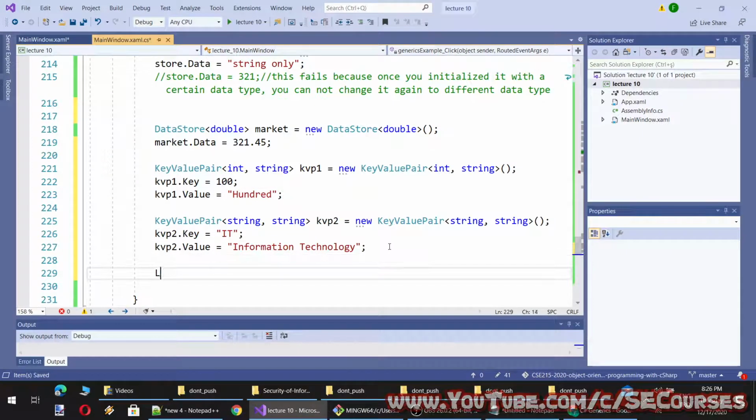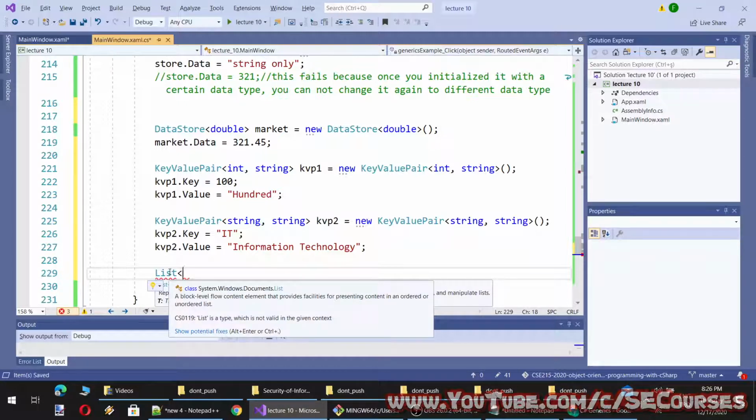The List class we have been using is also a generic type. You see, it represents a strongly typed list of objects that can be accessed by index. It provides methods to search, sort, and manipulate lists. T is the type of elements in the list. So the List class is actually a generic type.